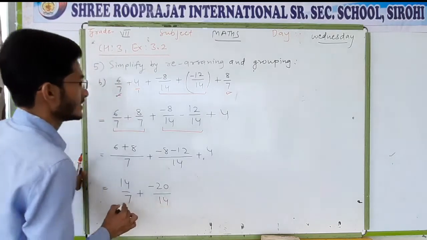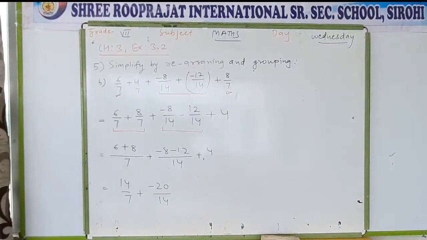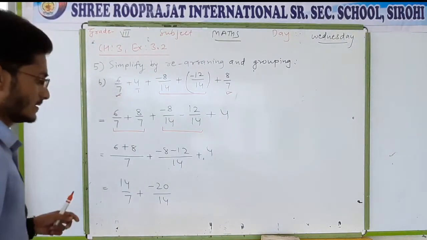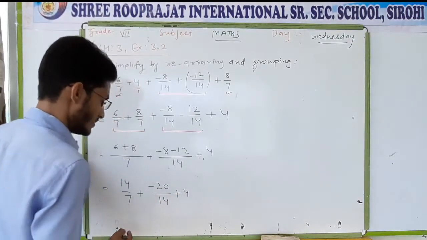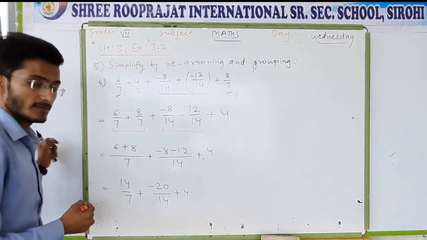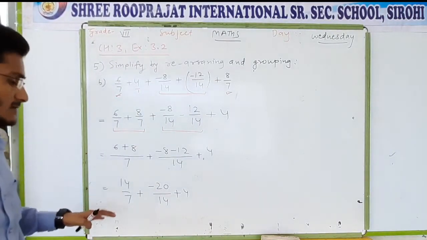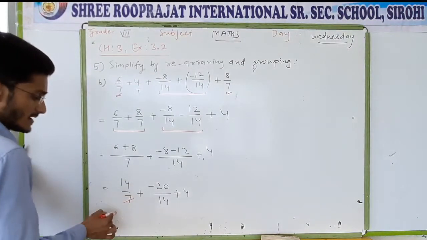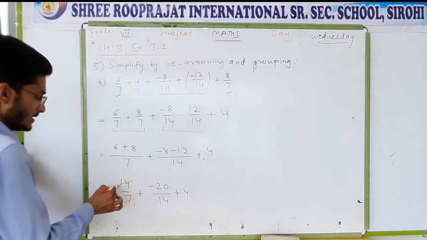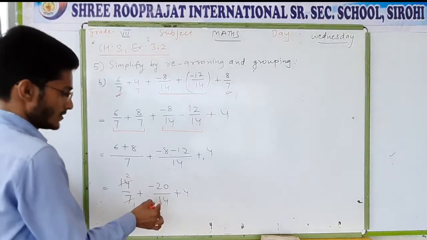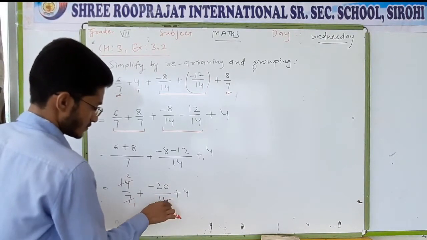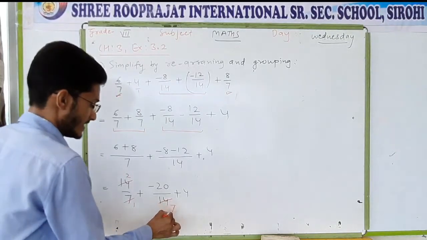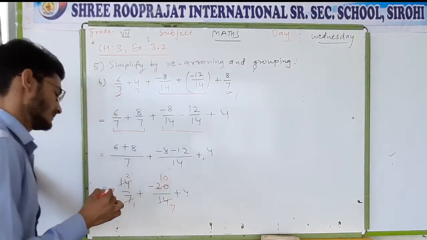Minus 20 by 14. Are we writing the same? 8 and 12, yes. Yes, so you will get a 20 by 14. And last one is a 4. Now, if the numerator and denominator are divided by the same number, you can divide. So it is divided by 7 times. 7 1 7 and 7 2 14. Here, if you divide both the number, you will get here 7, 2. Sorry, not 7. Divide by 2, you will get 7 times, and divide by 2, you will get a 10 times.